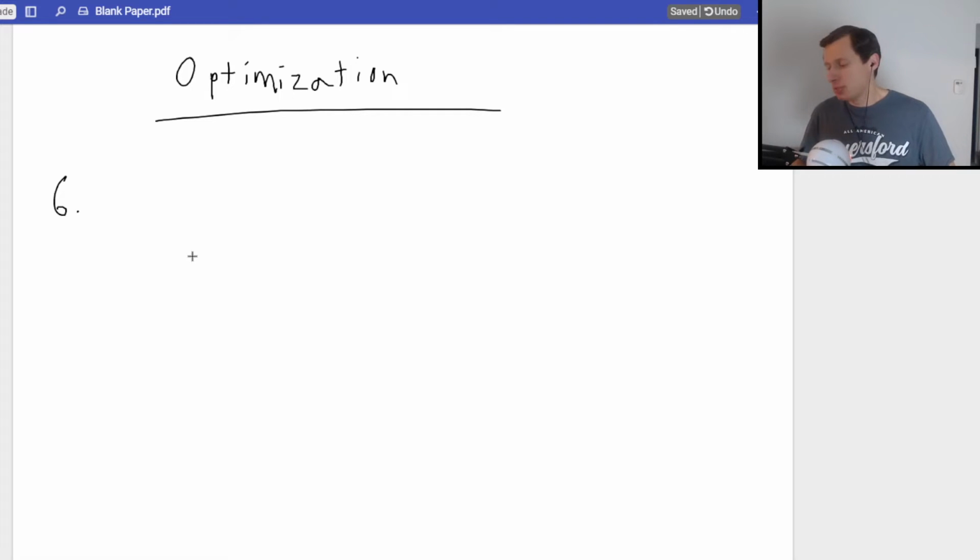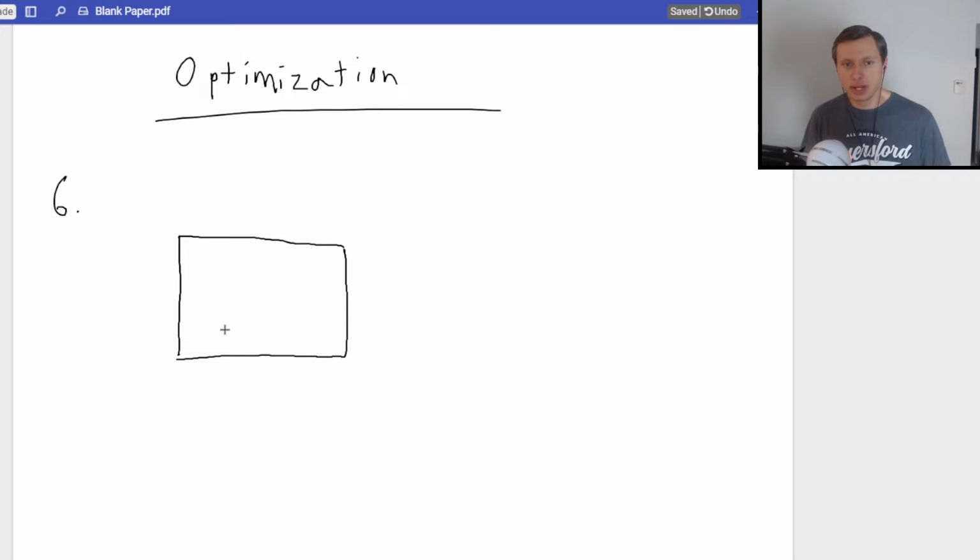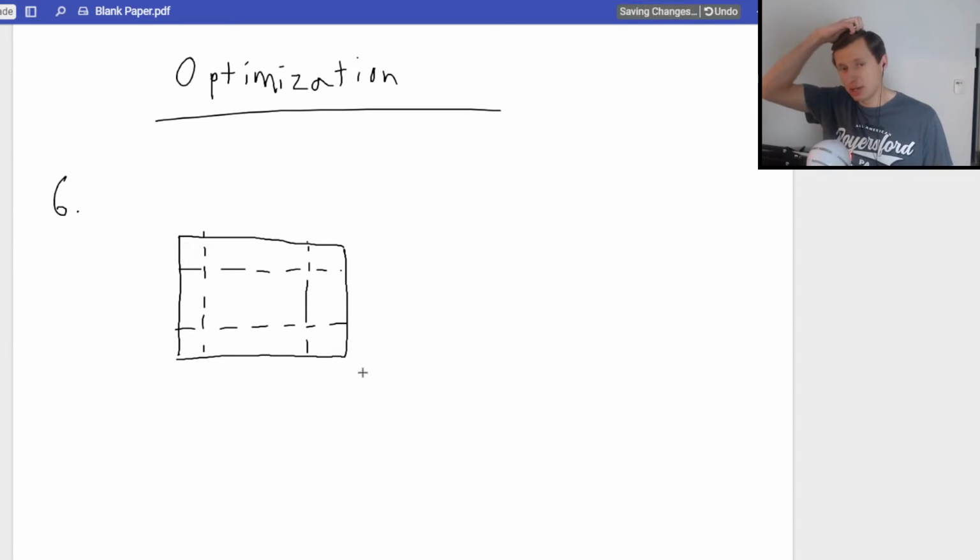Especially the one that a lot of you got on the quiz last Friday, which was the box folded up on the sides. And a lot of you complained because you didn't know how to do that one. That's why we're going to be talking about it right now. I don't know if it's going to show up on the exam or not, but I want to talk about it, because if it does,